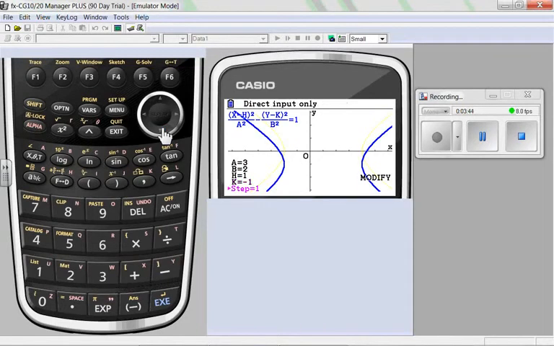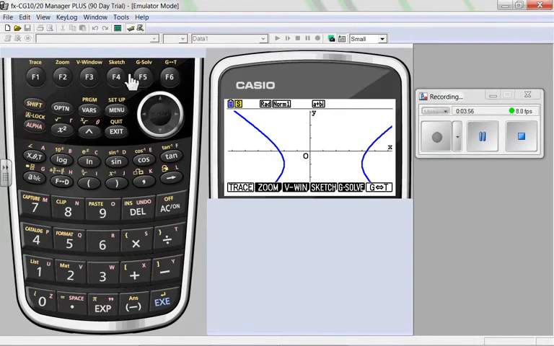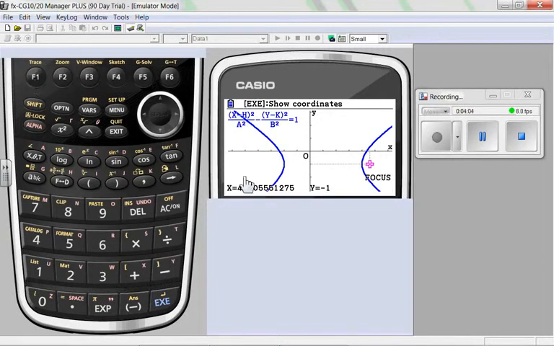And I can always change this step if I wanted to increase it by more than 1. Once I have a graph I like, I'll press exit. That's going to lock in the values that were the last ones in there so that now I can do some graphically solving. If you remember that from some of the earlier videos, I can now look at the foci. I have a nice dotted line for the x and y coordinates. I press execute. I will lock it in.